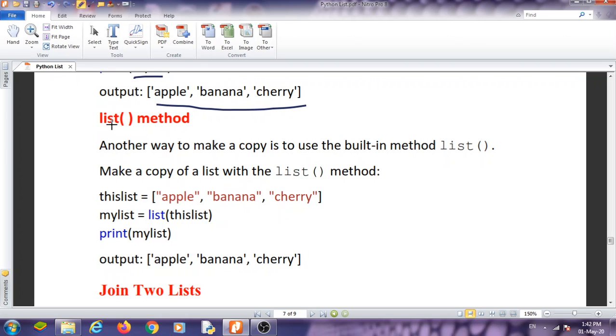Next is the list method, which is important. Why do we use it? Basically, we use it to create a list from any sequence.